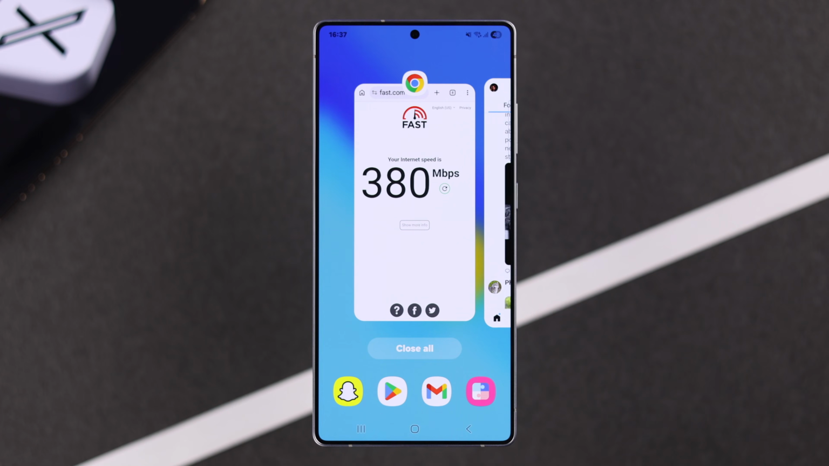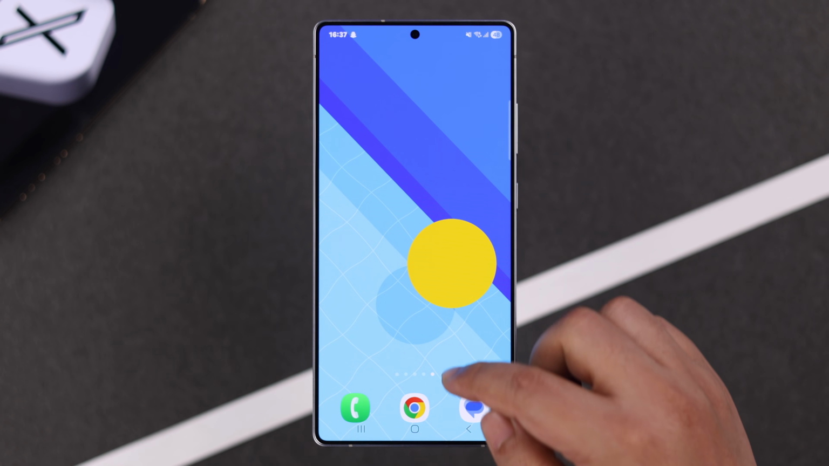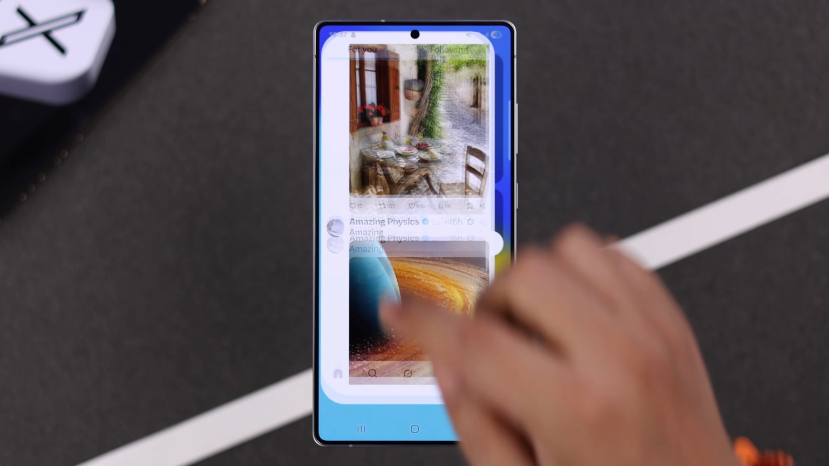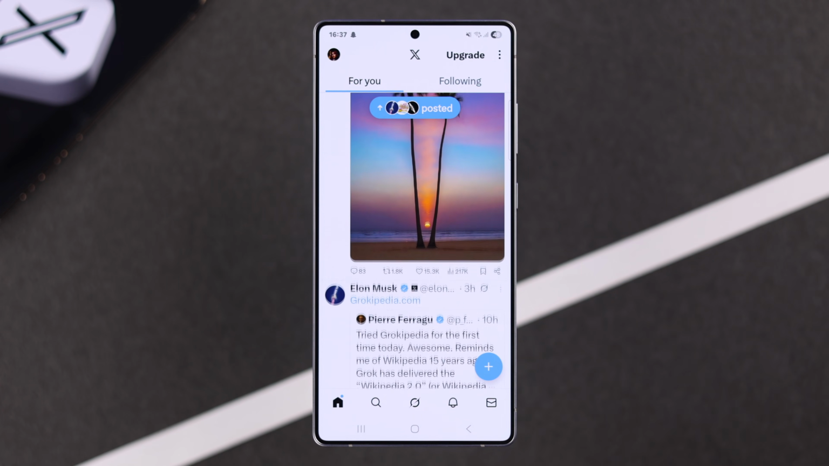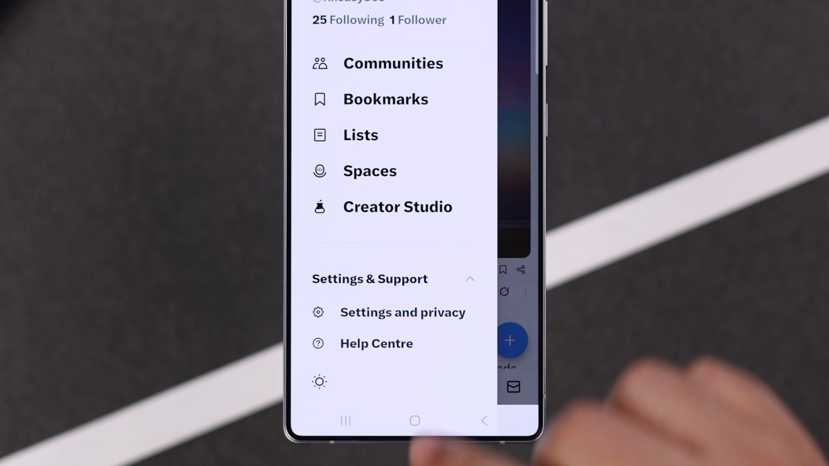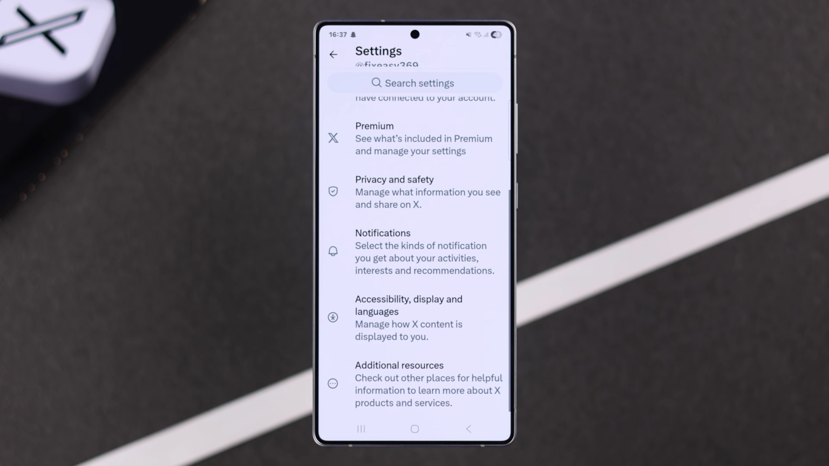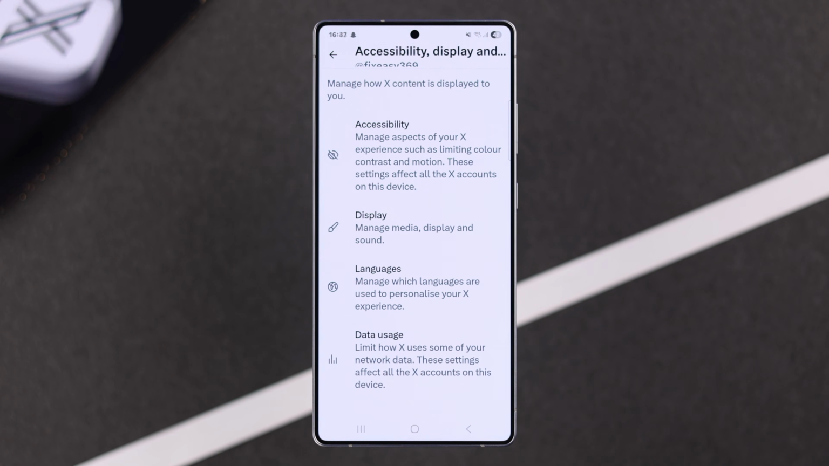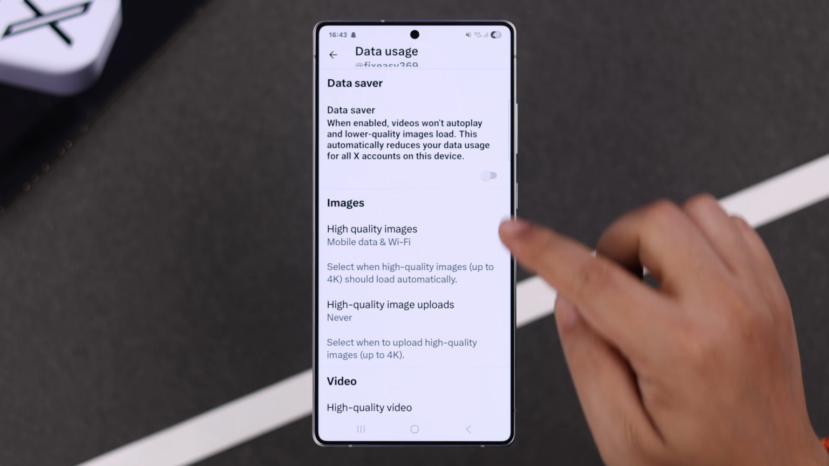If that's not the issue, just go ahead, force quit the app along with all the other windows and then relaunch it. Now, if that didn't help, let's go to your X menu and then scroll down, and from settings and support, go to settings and privacy, then to accessibility, display and languages, to data usage, and make sure data